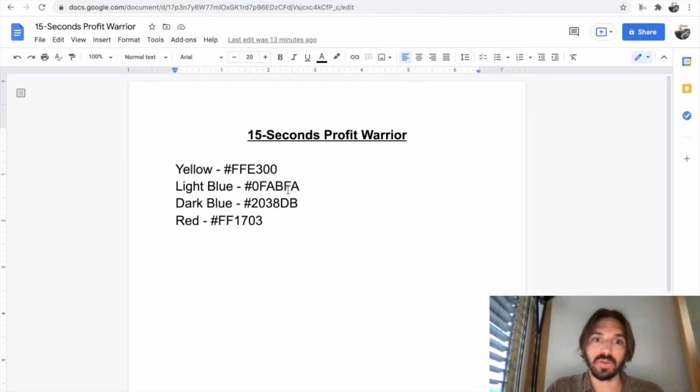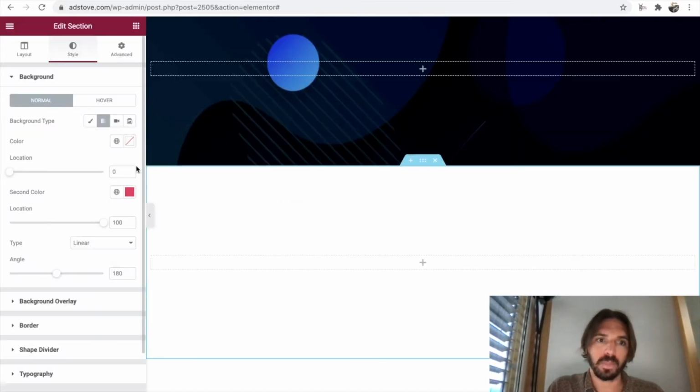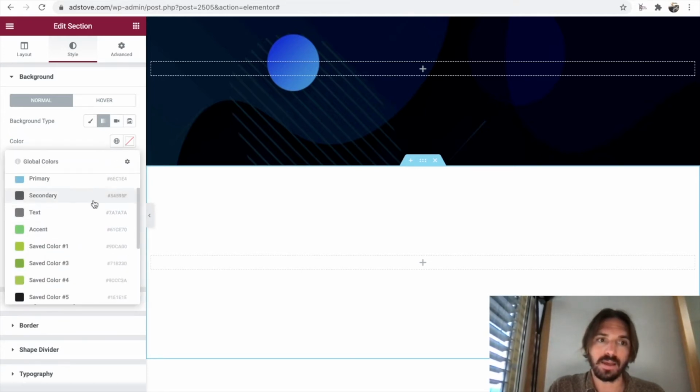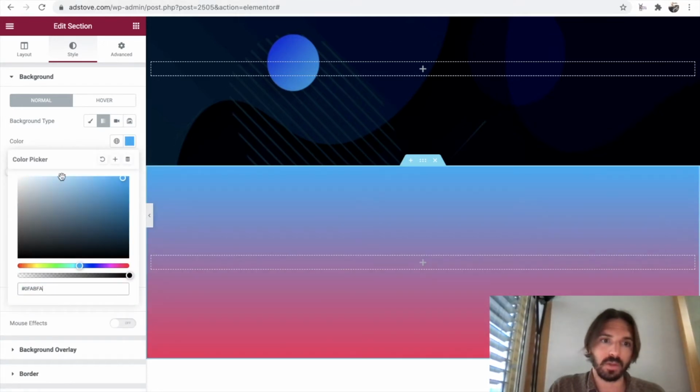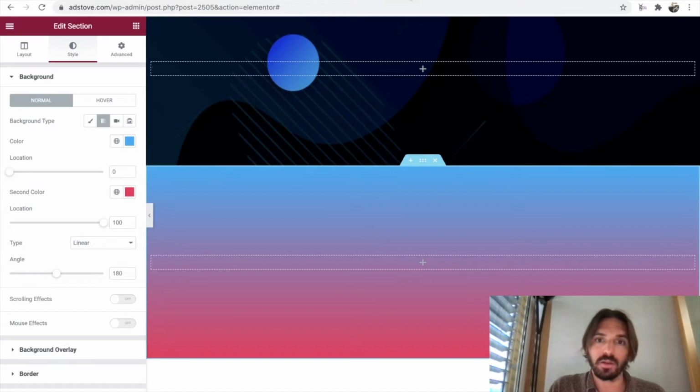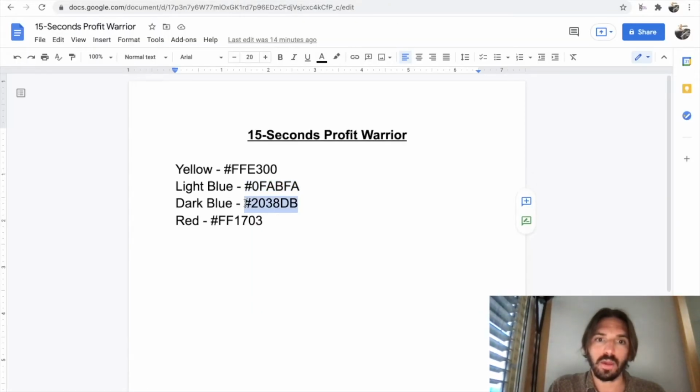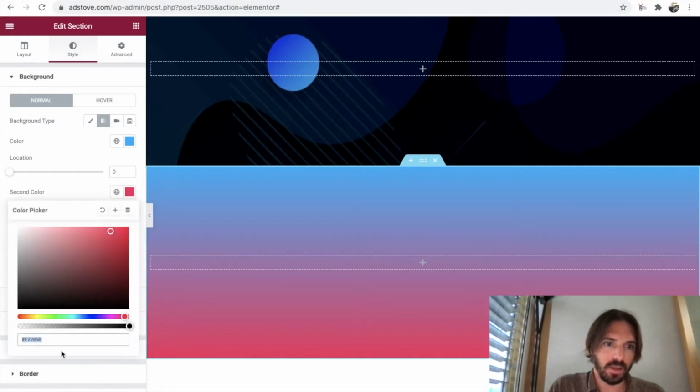I've already got my colors over here. I'm going to grab light blue, copy that, and then bring it back into here. You see we've got 2 colors we can put in here. We've got color and second color. Okay, so let's drop in light blue as our first color there. Okay, that's fine. And then we'll drop in dark blue as the second color in this one here,